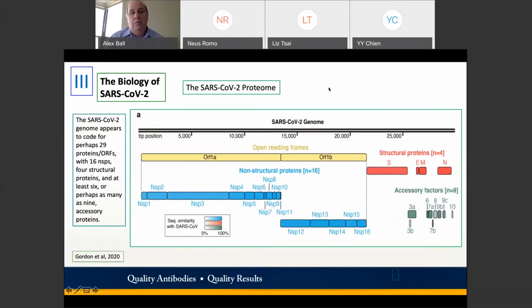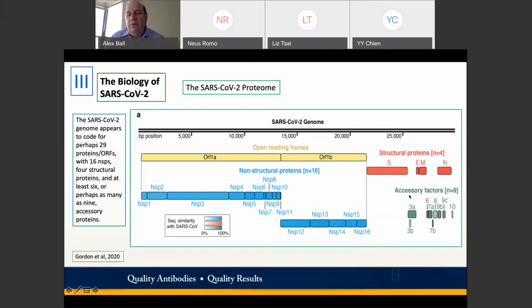This is actually what I wanted to show you. This is probably one of the more detailed views, or schematics, if you will, of the genome. Again, just about 29.9 kilobases in length. We see the ORF1A and ORF1B region that codes for the non-structural proteins, which are involved primarily in replication, and then there's perhaps some immune modulatory proteins coded here also. And then, as I mentioned, we have the 4 structural proteins, and then probably as many as 9 accessory factors,